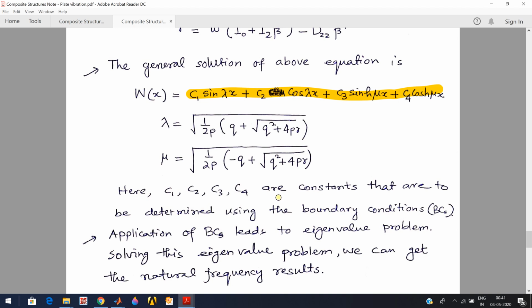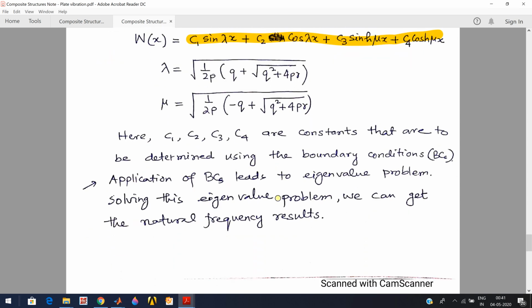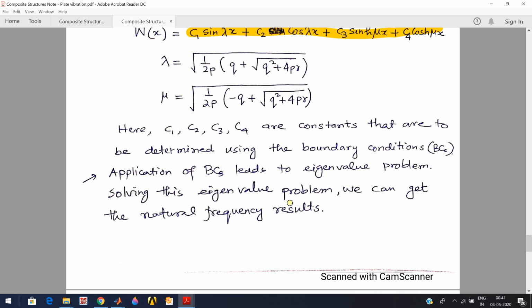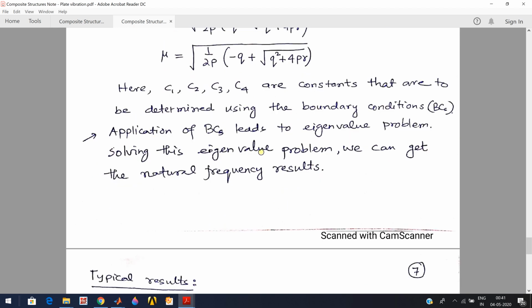determinant will be 0, and that determinant will lead to a characteristic equation, and that characteristic equation will have the frequency omega. Solving that for omega we get the frequency, and after the frequency we can solve for these constants to get the mode shape. Okay, so this is your Levy method, and I've not shown you for a particular boundary condition